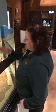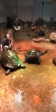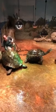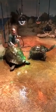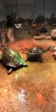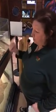Now, if you look at them in the wild, they eat kind of different things. I mean, they still eat the same kind of fruits and vegetables and grasses and hay. But our saddleback has that longer neck. Now, I think of them kind of like dinosaurs. So our saddlebacks are the long necks. And in the wild, they eat vegetation that's a little bit higher. The domeback, their necks are a little bit shorter. So they're the shortest, and they actually eat more vegetation that is lower. Out of the subspecies that are extinct now, they're the longer neck ones because they can't completely tuck all the way in as well as our shorter neck dome tortoises,